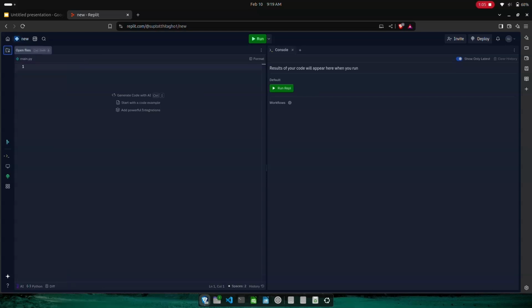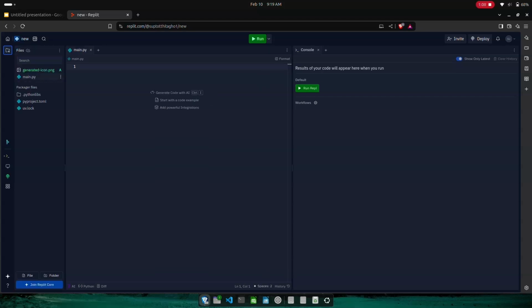So you can just click on this button, open files, and click on your file, right click, rename. Let's name it mathOps.py. Here it is.